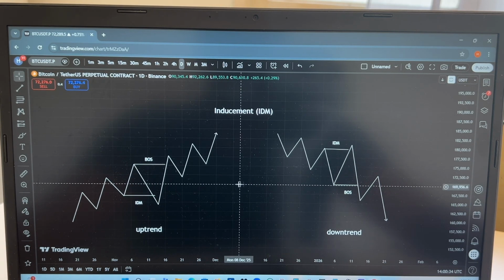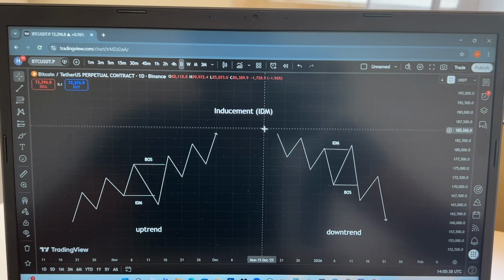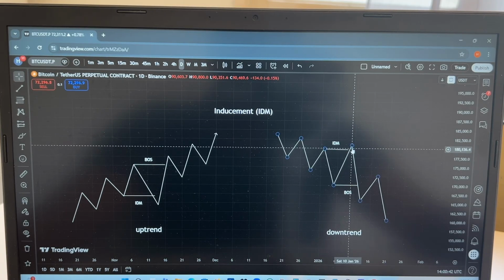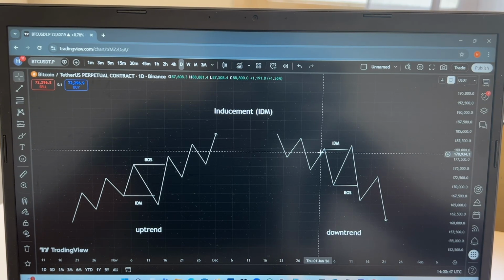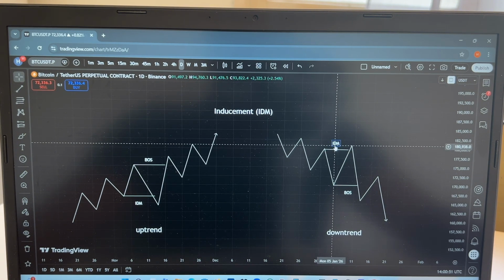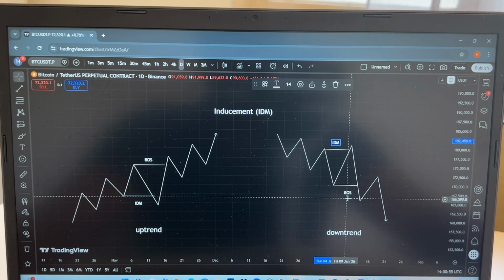And just like that, here we can clearly see that it is in a downtrend, making lower lows, lower highs, lower lows, lower highs, and clearly it hunted a previous high. From the previous high to the hunted high, we draw a straight line, and that line is called the inducement. And always keep that in mind,